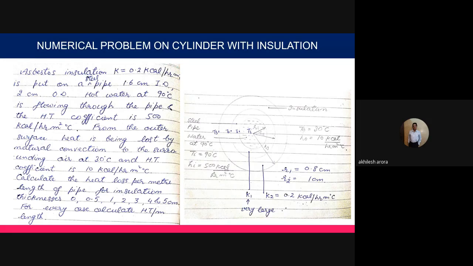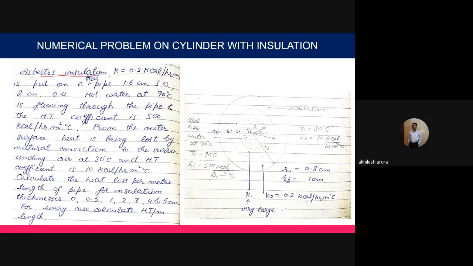For example, if we are passing steam at high temperature and pressure through a pipeline, there could be loss to the surroundings. We need to have insulated pipelines so that heat loss can be reduced. So it's a problem related to that particular area, but insulation may be required at many other places also. So let us see what the numerical problem is.